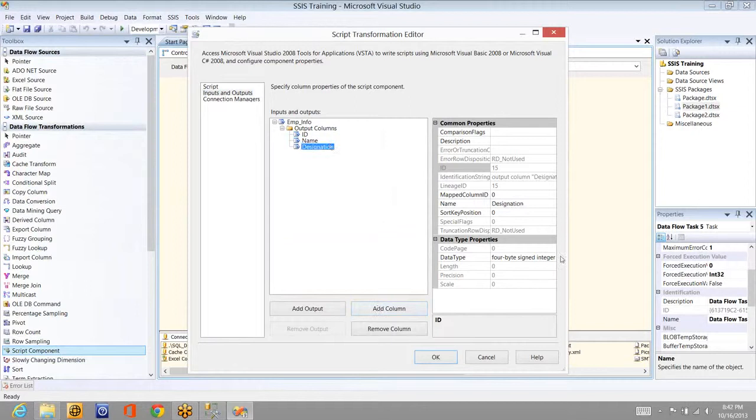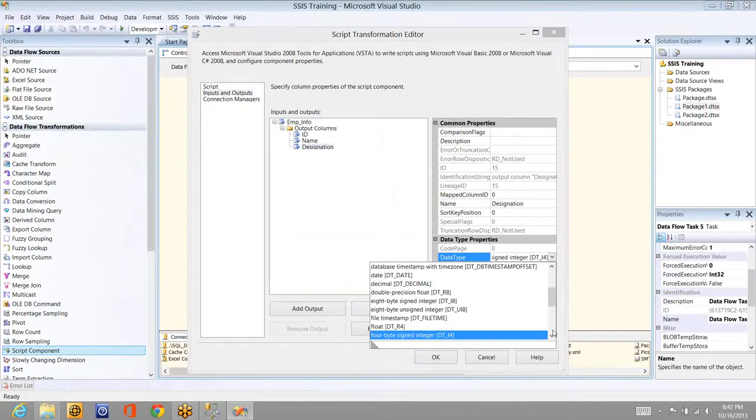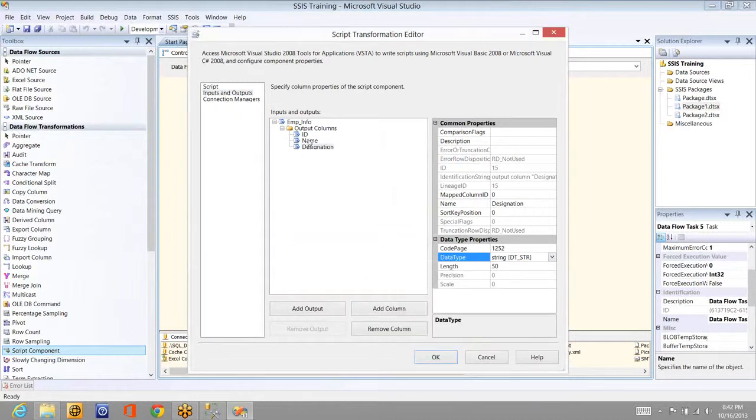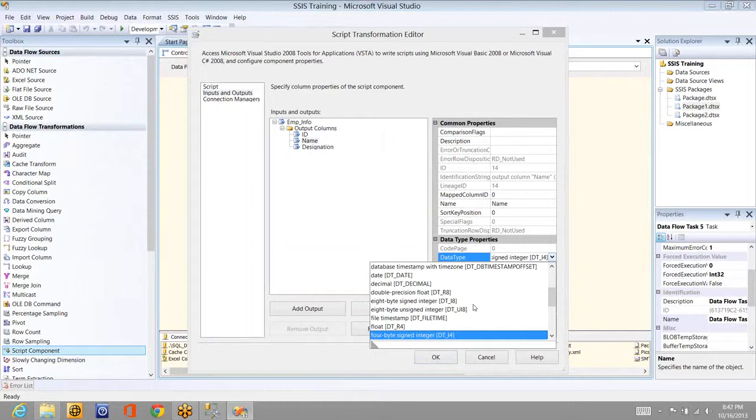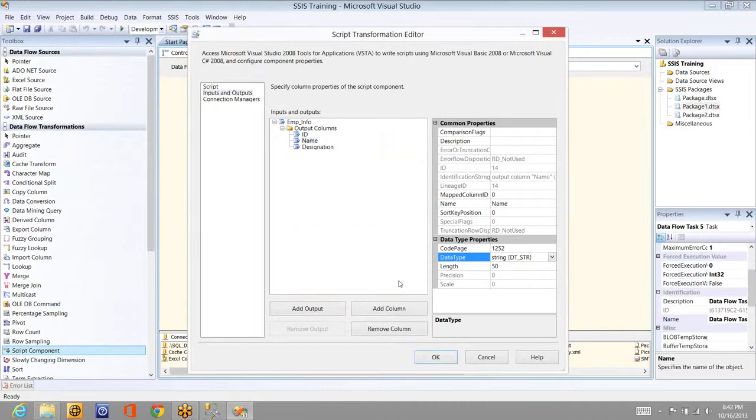Okay, I've added 3, and I'll set this as varchar or string data type. String of 50 characters is fine, and I'll make this one also as string data type. So first I'm configuring the output columns that will flow from the script component, which is acting as source in our case, and ID, let it be integer.